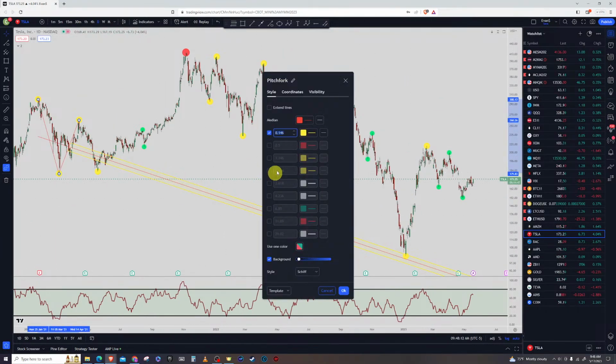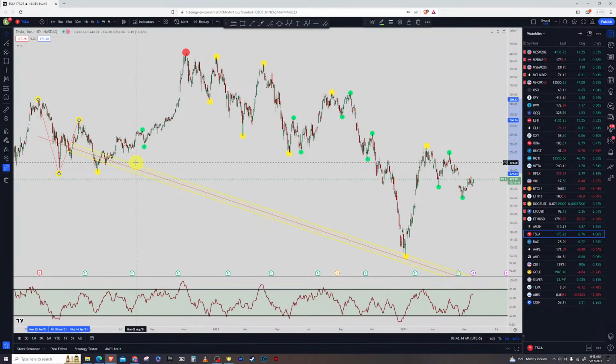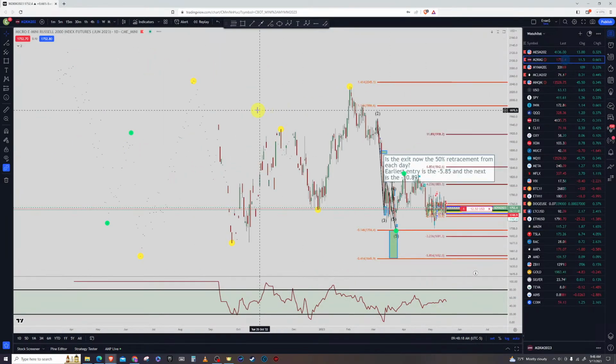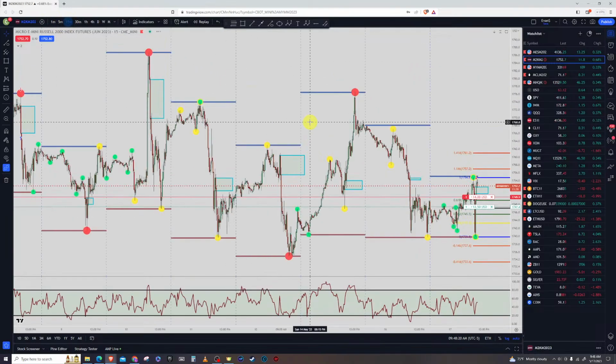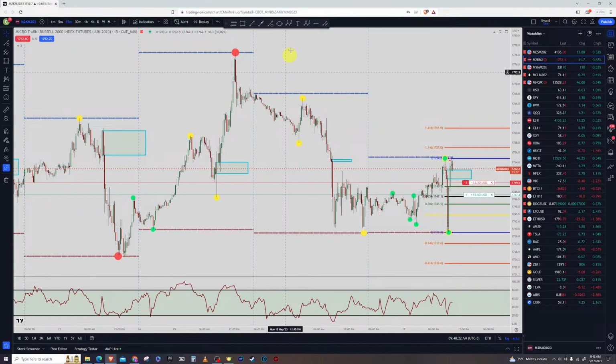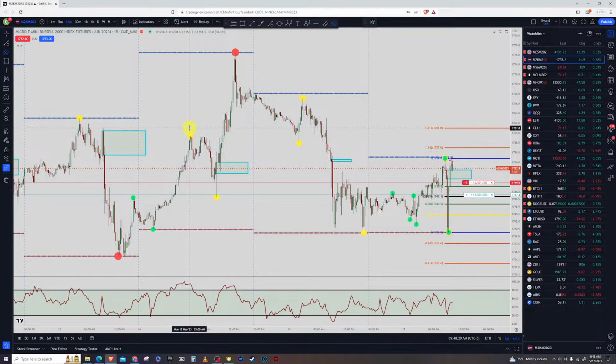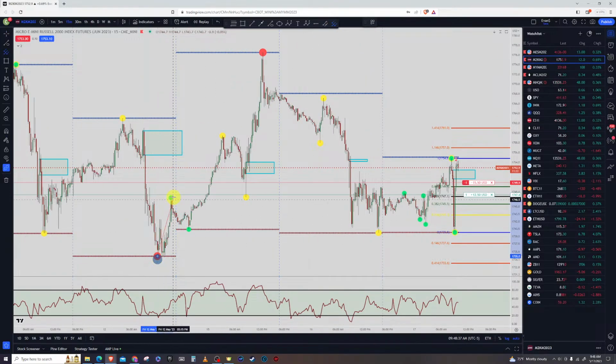What are these settings right here, anyways? 0.146. So let's see here. I guess we'll highlight and start messing with it again, because pitchforks I've been able to make a decent amount of money and then I lose it all using it, because eventually you hit a level that it doesn't work for. And price just goes the complete opposite way.